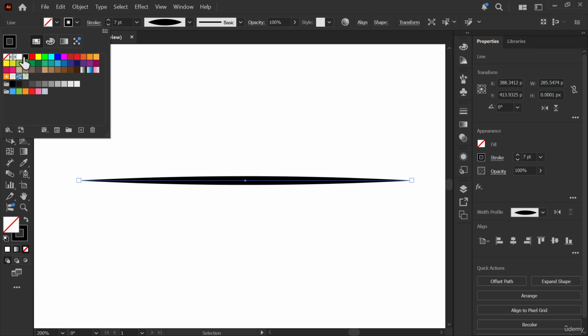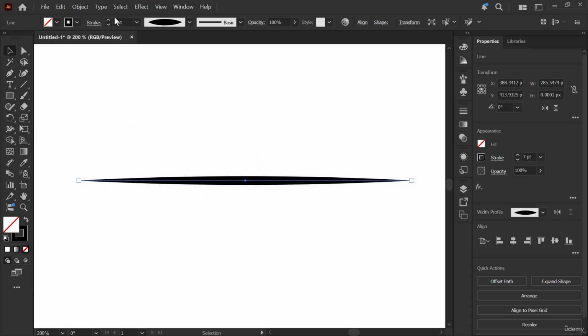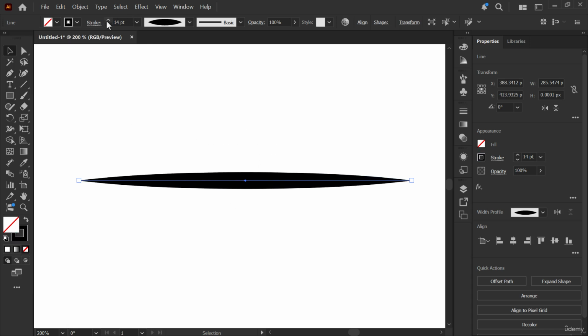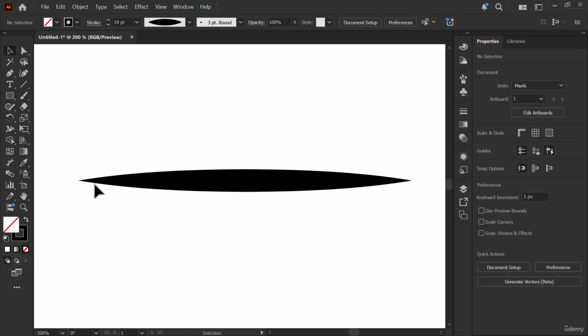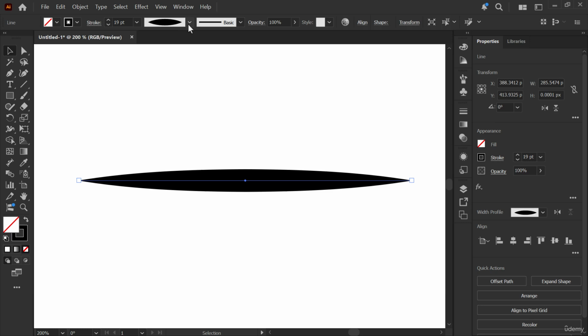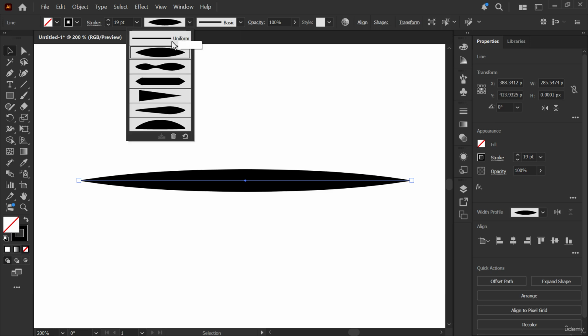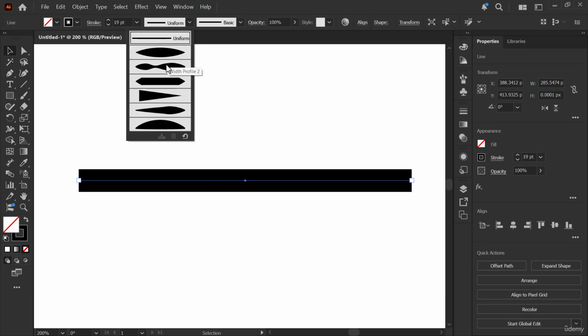Let's understand with the black shades of the color that gives us better results. Increase the weight of the stroke. Further, we can see clearly we have the starting point and end point that are going to squeeze. So the width of the line is going to change from uniform to a different one as per the profile